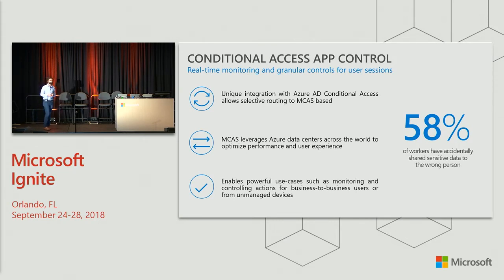Now, for those 5% of users that are going through the proxy, what have we done to minimize their latency and improve their experience? Well, that's the other part of being Microsoft, is we've got Azure data centers practically anywhere in the world. There's a public map that you can take a look at. And so when I'm a user, I'm typically in Seattle, but right now I'm presenting in Orlando. Let's say I've got some policy that says, hey, Alex needs to be routed through Cloud App Security when he's coming from an unmanaged session. I go to the Cloud App Security piece, and I immediately get geolocated to Orlando,